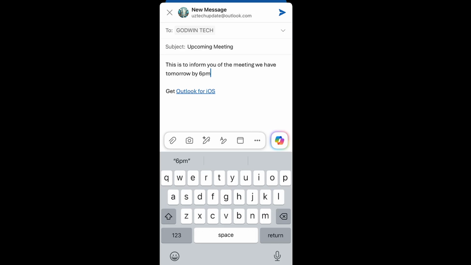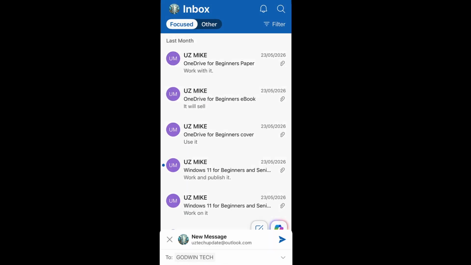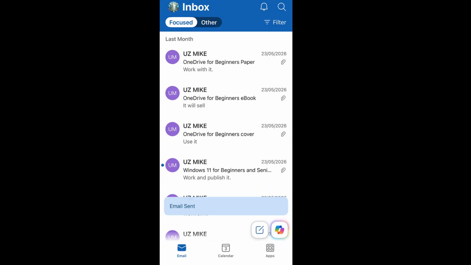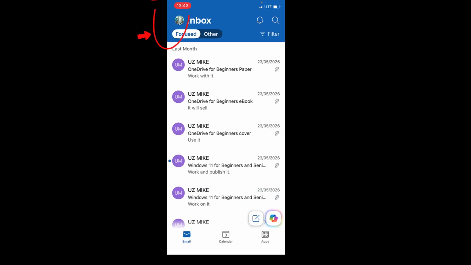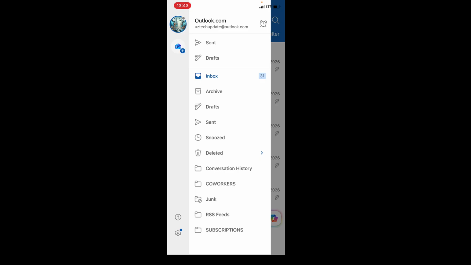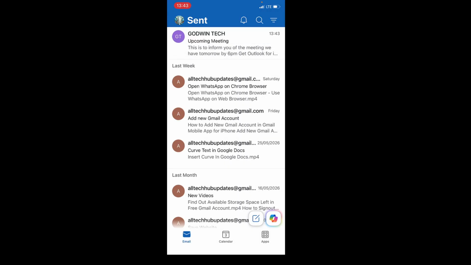So once you're done typing the email and you want to send it, the next step is to tap on the send icon, which is the arrow that points towards the right. So you can see email sent. And for you to see the sent email, tap on the profile icon, which is at the top left, and then select sent. So you can see the email we sent to Godwin Tech,